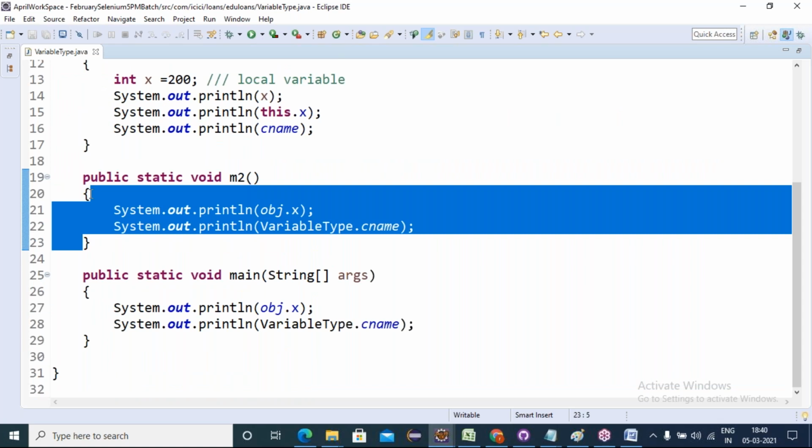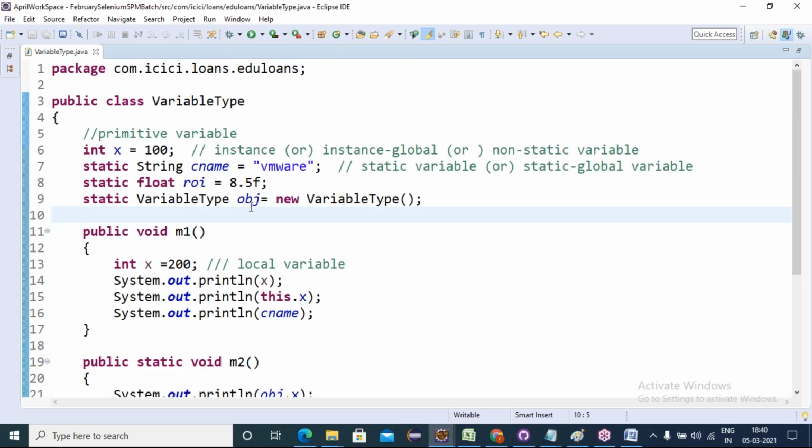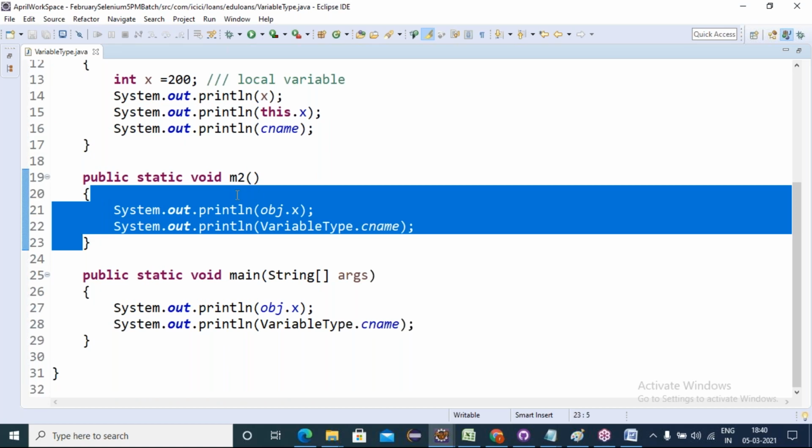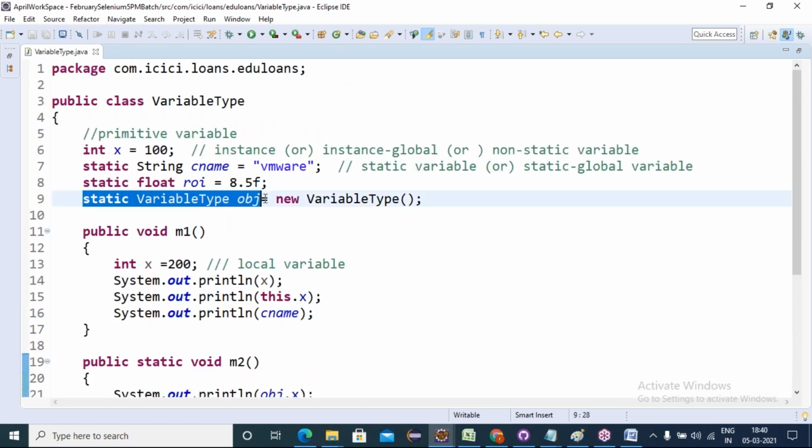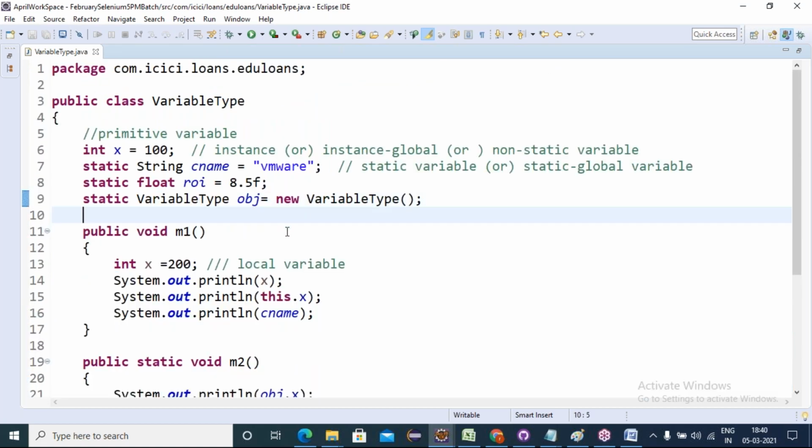That's a good practice. Always create objects inside the methods. Understood? We can create, but always create objects inside the methods, and the reference should be global like this one. Okay?